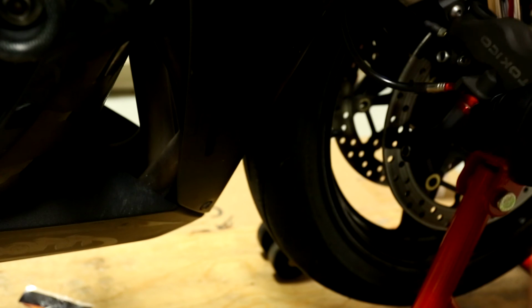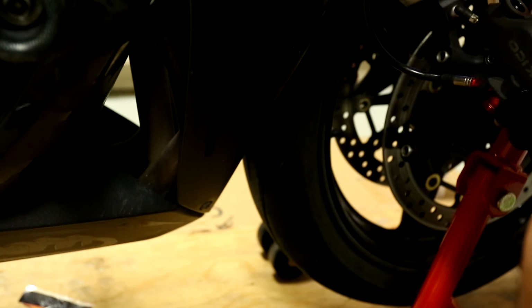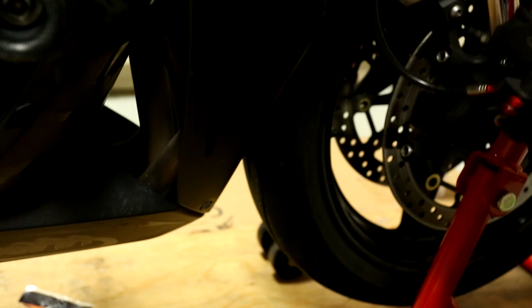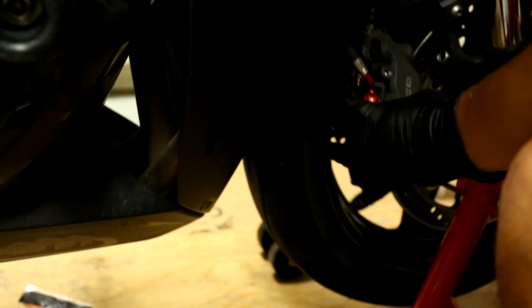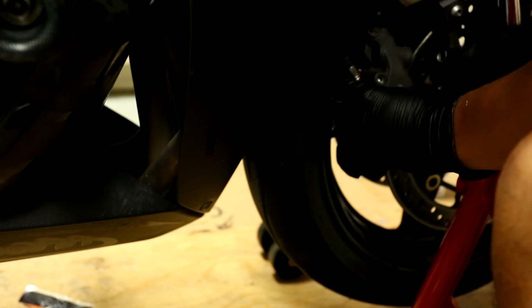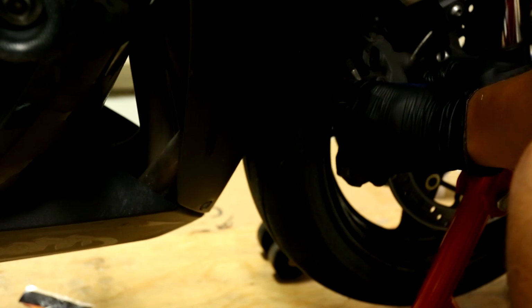So here's my brake calipers. I'm going to go ahead and install it just to show you, and then off camera I'm just going to replace these brake pads back with my OEM brake pads. For street riding, these are Vistra RJL racing high performance brake